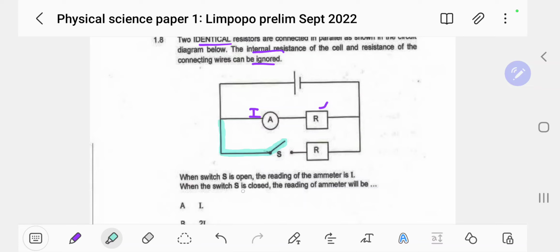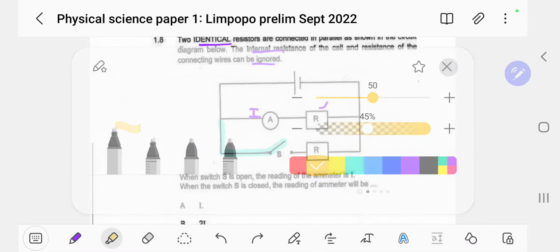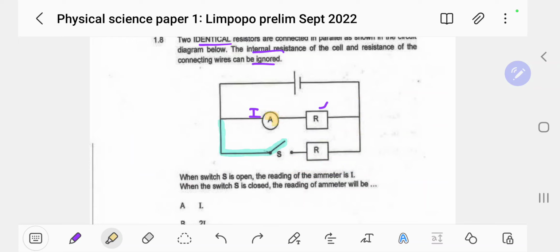So what happens now when this switch is closed? So when the switch S is closed, the reading on the ammeter, which is still this one, and maybe let's give it another color. Okay, guys, make sure when you do MCQs, you don't go longer than 30 minutes, which I'm going to try not to surpass. Now, what do we do here, guys? When we close here, remember, when these are in parallel and they are identical, now that means we're going to halve the resistance. So the effective resistance here, or should we say R parallel, is going to be half R.